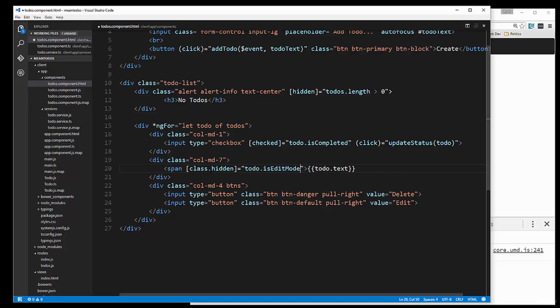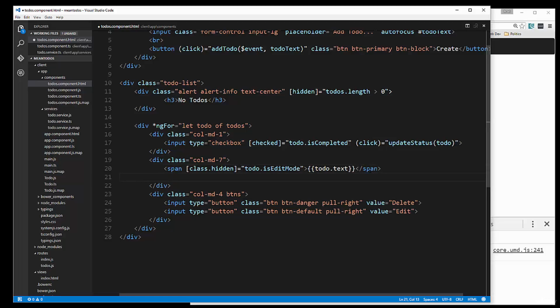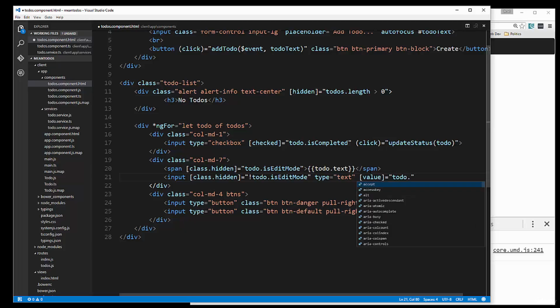So to-do.isEditMode, and then this will hide if we're in edit mode. Alright, and then we want to have an input here, and that's also going to have class.hidden, and we're going to set that to not to-do dot is edit mode, and let's make that type text. Okay, we're also going to add value and set it to to-do.text,